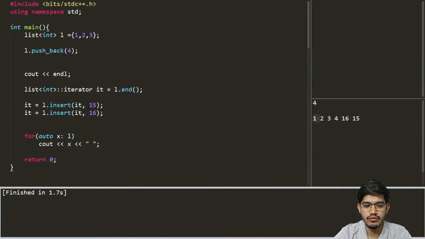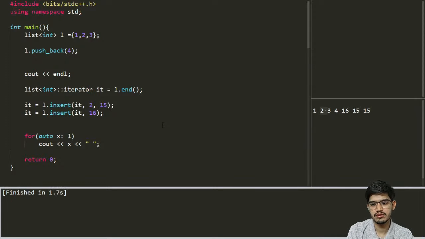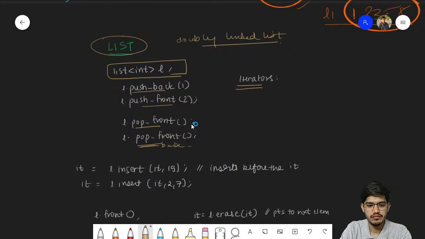And if you want to insert multiple values, let me show what will happen if you do it like this. Let us try to run this code. You can see the value 15 is inserted 2 times at the given position. The iterator was pointing to the end. When you give the third parameter 2, it will insert that value that many times. So the 15 value is inserted 2 times here, and 16 will be inserted after that position. Okay,